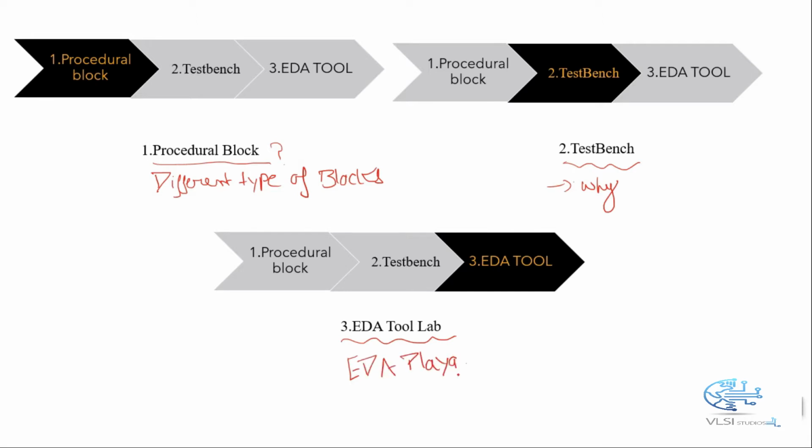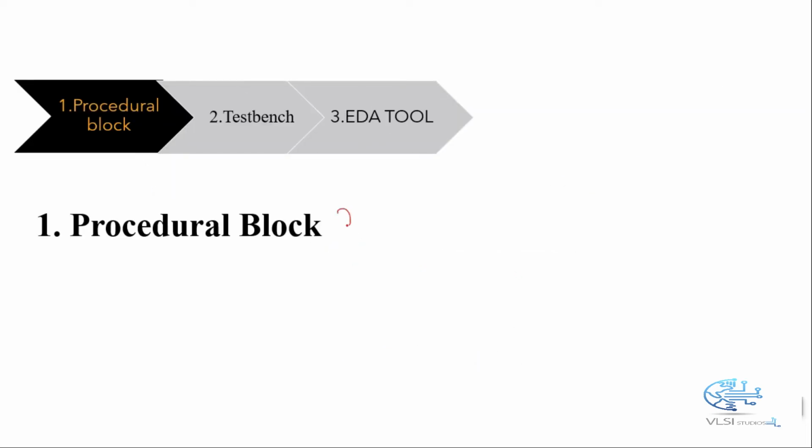Let's get started with the procedural block. Our question is why we need a procedural block. I can give you two simple reasons. The first reason is if the statement we want to execute in the procedural block is dependent on the execution of the previous statement. At that time we need a sequential block so that all those statements are executed in the order they are specified by the user, except for the non-blocking assignment statement.